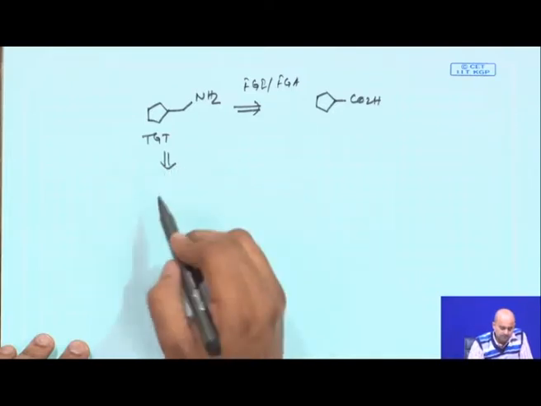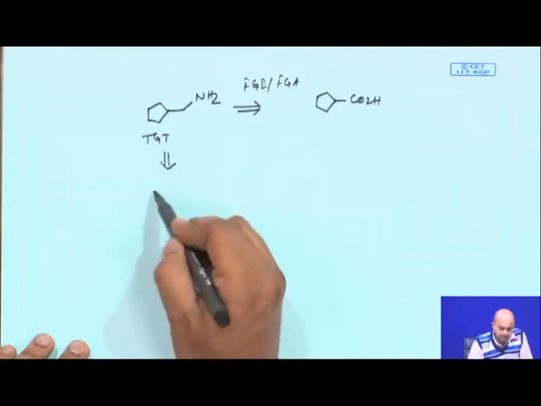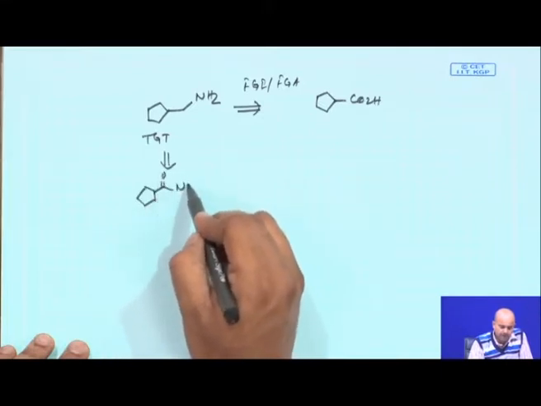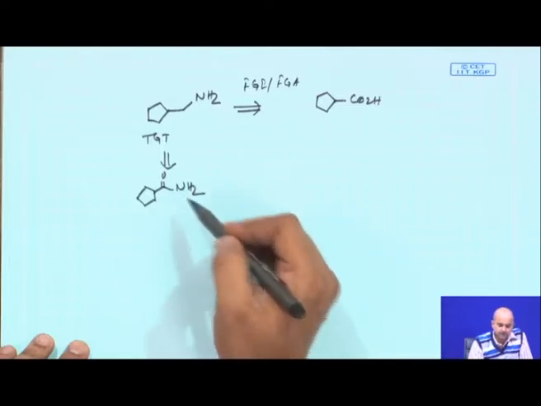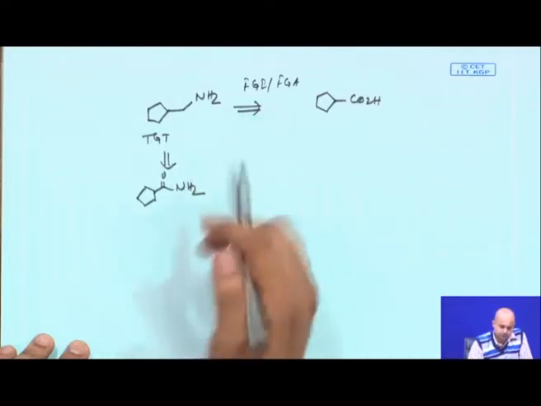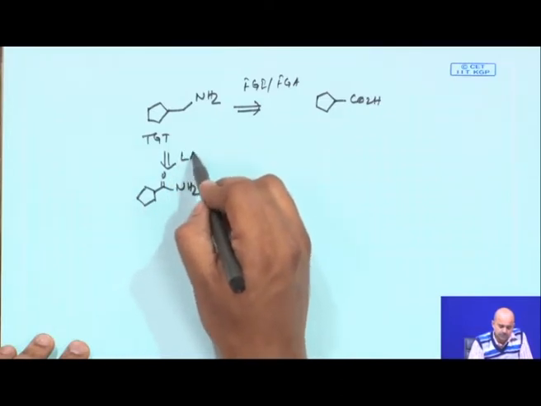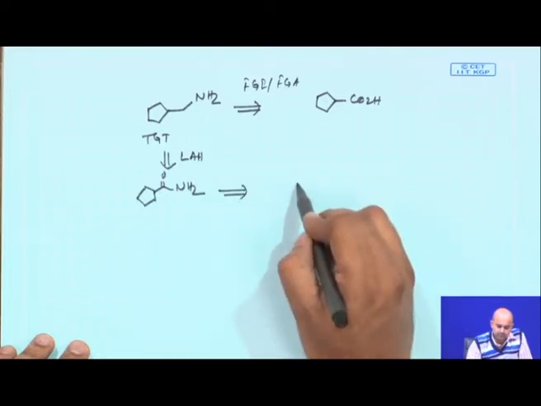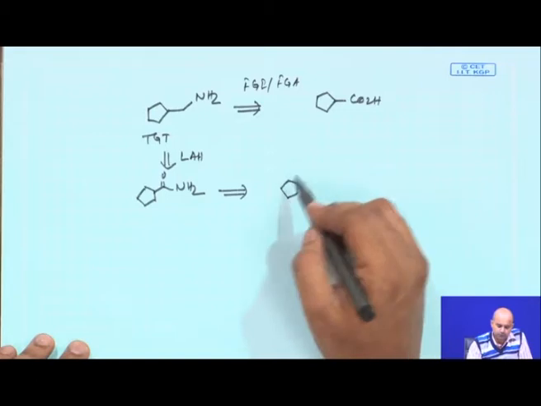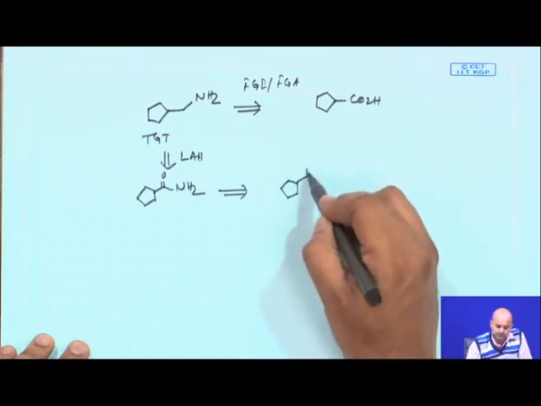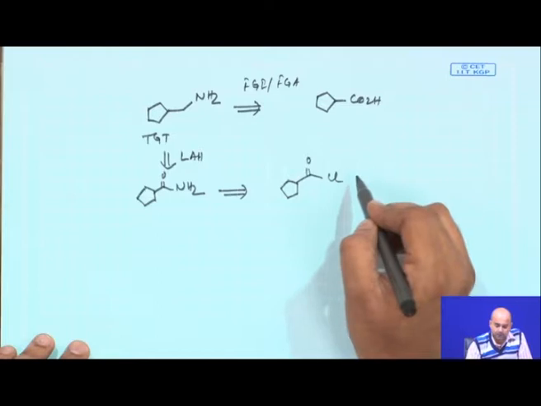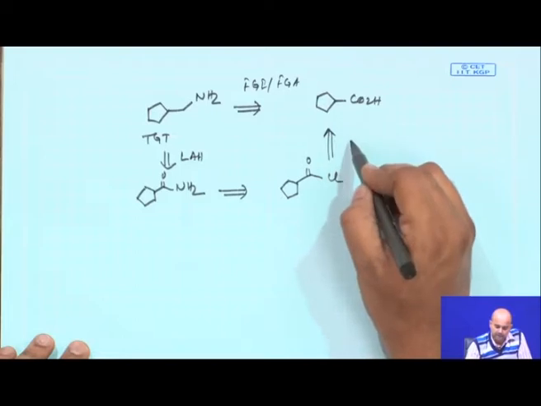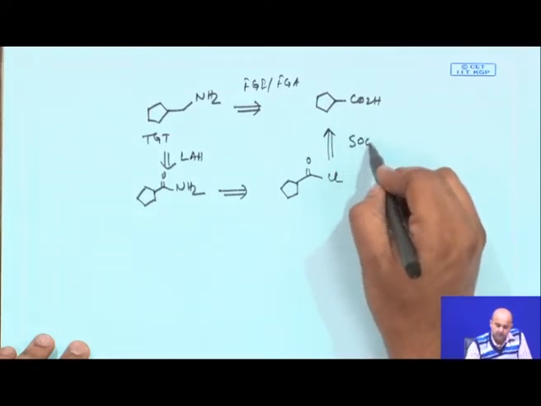So, an amine in principle can be synthesized if you have a corresponding amide, is it not. The amide is selectively reduced by a reducing agent like lithium aluminum hydride, which is a very conventional, straightforward pathway. The amide can easily be prepared from the corresponding acid chloride, and the acid chloride can easily be prepared from the corresponding acid by using simple thionyl chloride.